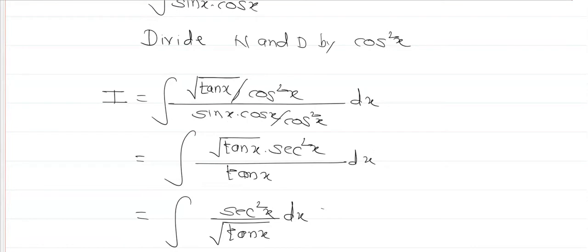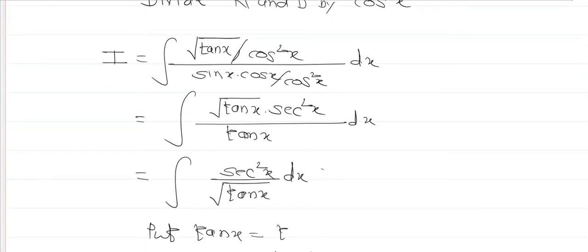मग आपल्याला काय मिळणार, root of tan x. 1 upon cos square x किती झाला, sec square x. इथे पुन्हा cos cos get cancel, मग काय मिळणार, sin x upon cos x, तो झाला tan x. आता पुन्हा इथे काय, root of tan x upon tan x, म्हणजेच काय मिळणार 1 upon this. हा tan x कसं लिहिणार, root of tan x into root of tan x, एक root tan x get cancel, therefore you will get sec square x upon root of tan x.